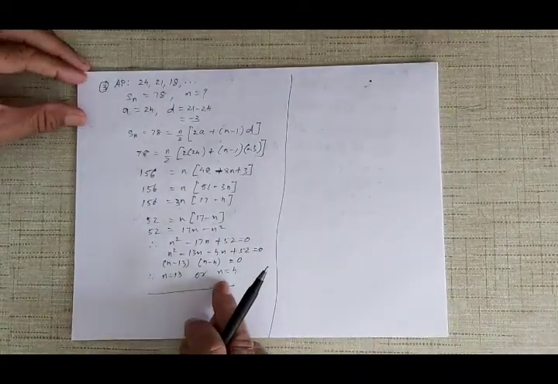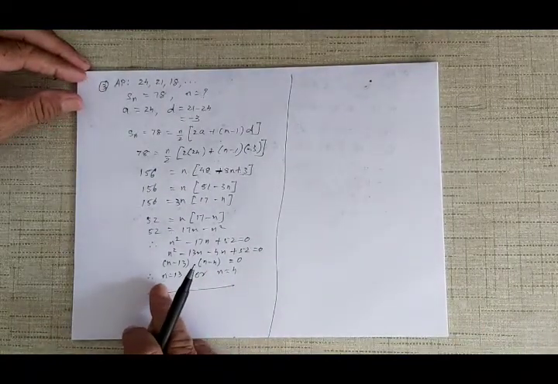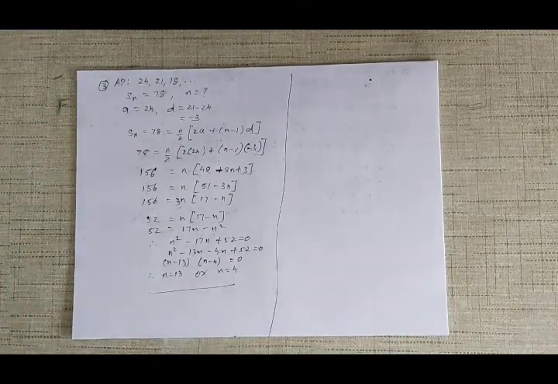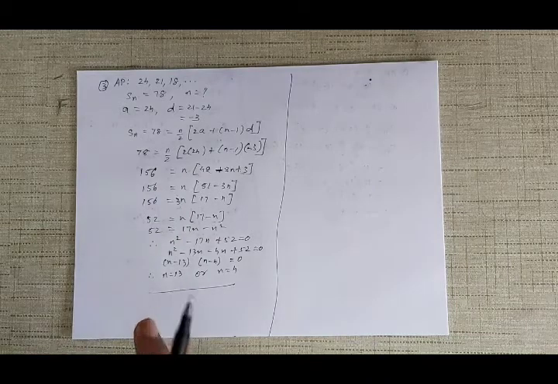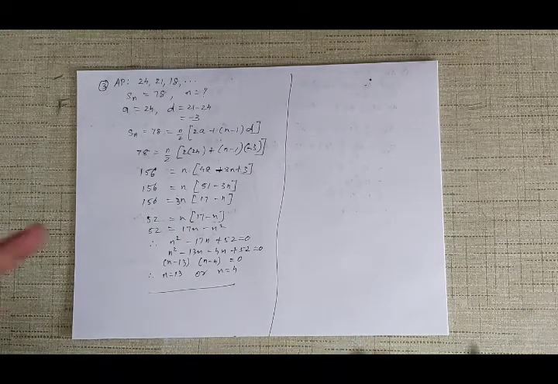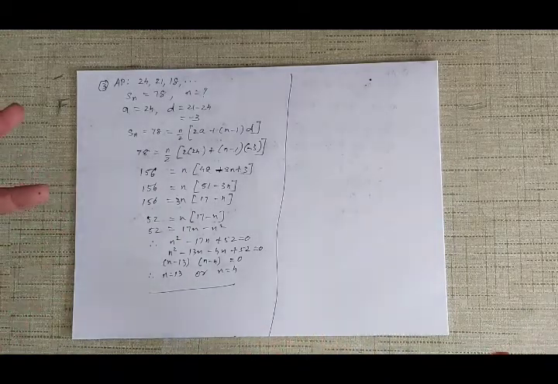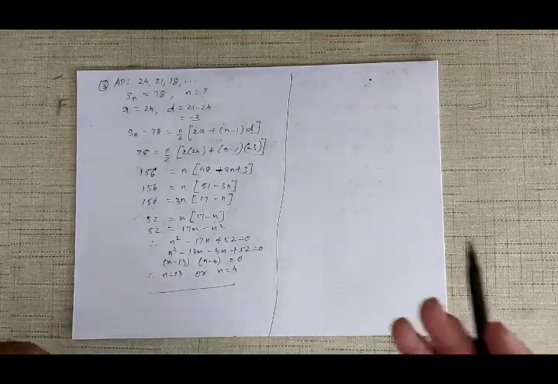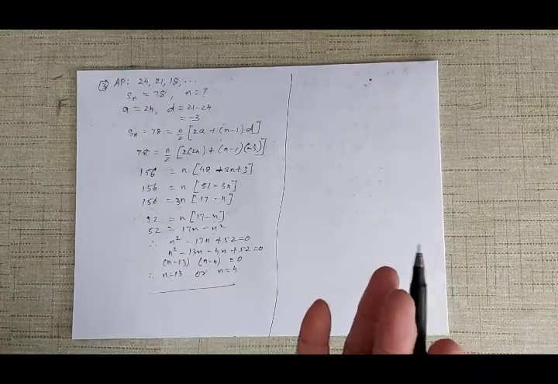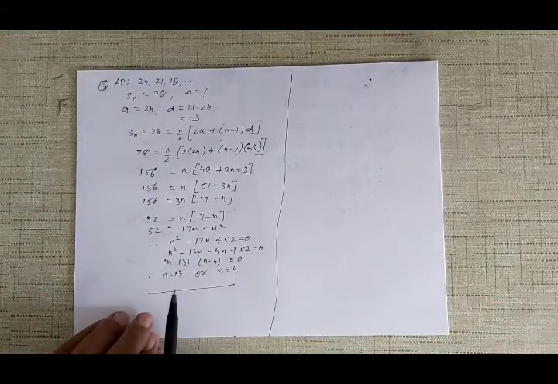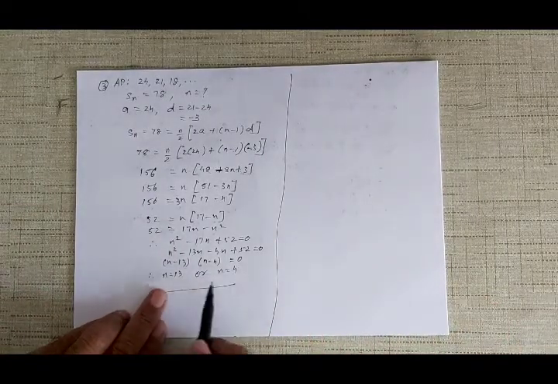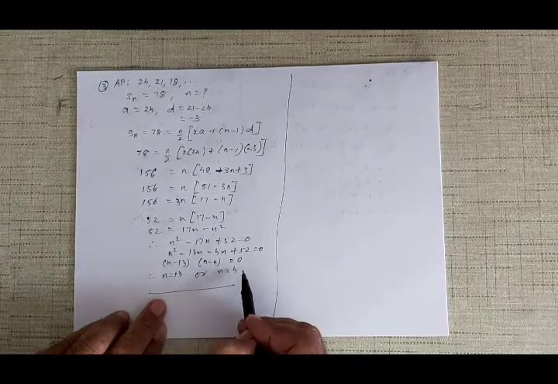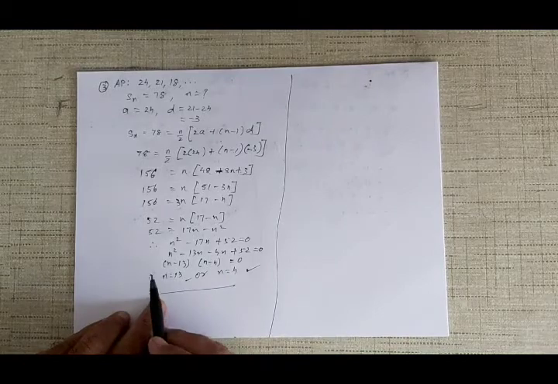Because both are plus. This answer should not come in a fraction, and you will not get like 2.5. How can 2.5 be a number of terms? n is the number; you see, a number itself can be plus or minus, it can be half, it can be 0, anything, but the number of terms, counting numbers, cannot be 0 because natural numbers are counting numbers. So here look, there is no minus, both are plus, both are integers, so both are possible, both are possible.